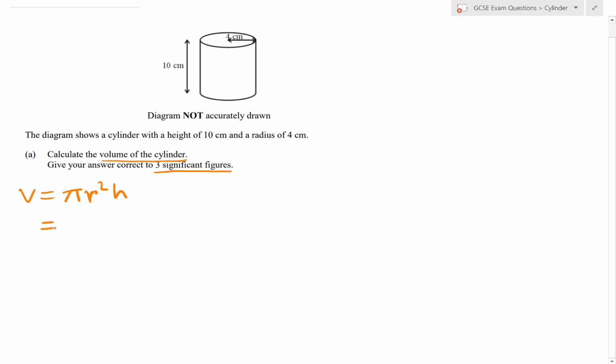And let's substitute the information in. So pi, you are going to use the pi button on your calculator. So you have to press Shift, and right at the bottom of your calculator, depending on which calculator you have, if you have the Casio FX83 GT Plus, then it's right at the bottom. So don't forget to press the shift button though. So pi times by radius squared, which is 4 squared, times by height, which is 10 centimeters. Type that all in your calculator and you should have an answer of